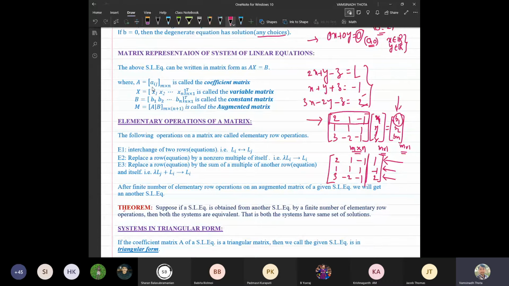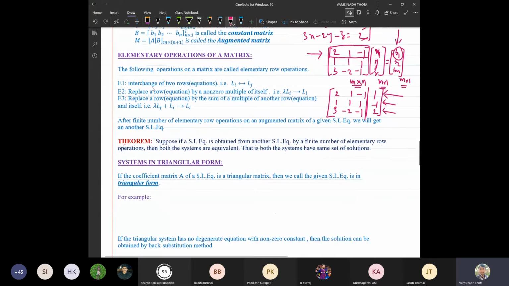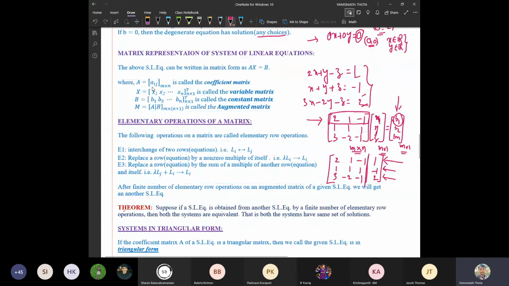And mostly we will work on the algorithms that we have discussed. The algorithms that we have discussed need the augmented matrix. The coefficient matrix is not enough. It needs the augmented matrix. Okay. Here, the first thing is the earlier methods we have come across. What are the earlier methods we have come across? Like the inverse method.